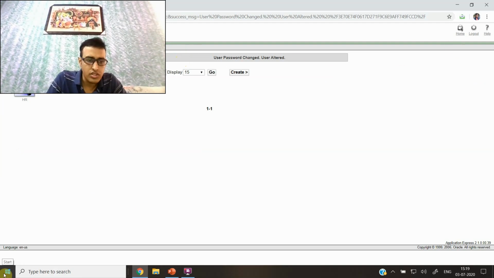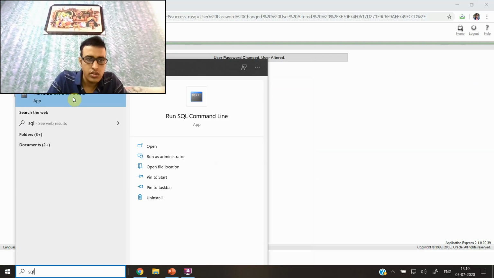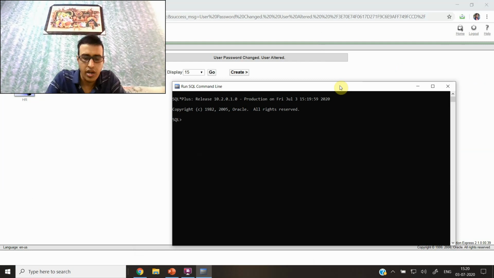All these operations you can also do with an SQL command. In the SQL command line, you can write connect system, and it will ask you the password. Now you are connected to system. Now you can write alter user HR account lock.